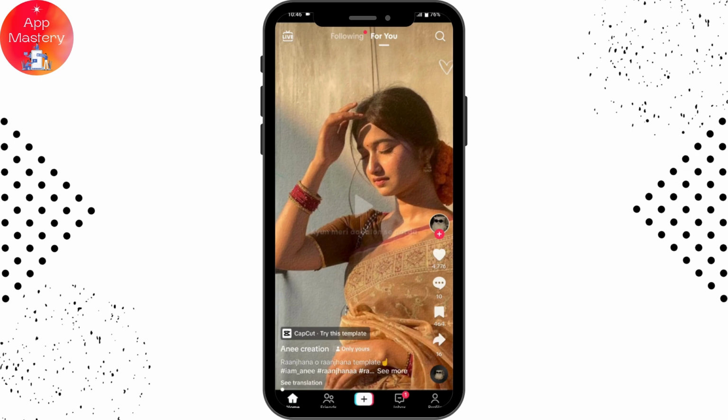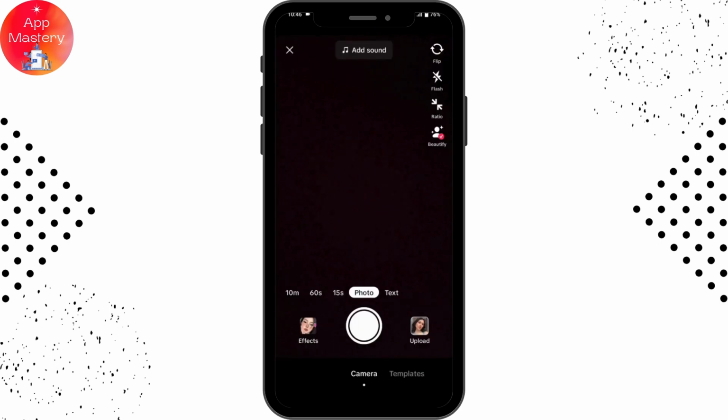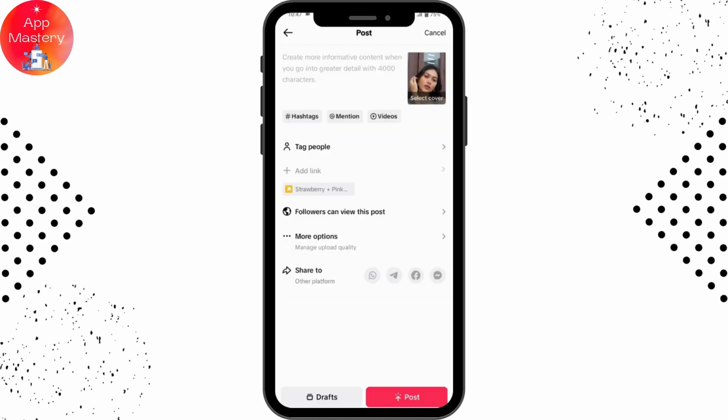Now you can simply go for the plus icon, which is on the bottom middle. And now you can simply take a TikTok or a video. And after choosing your video, now if you want to upload it in your highest quality, then what you can